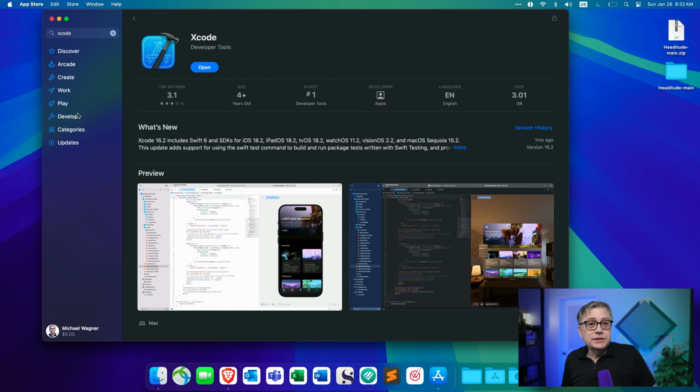I hadn't discovered Headitude earlier because it cannot be downloaded in binary form. It requires that you compile it yourself, but don't worry, compilation is extremely straightforward and I'll guide you through each step. Since Headitude is a Swift application, we first need Apple's Xcode development environment. So the first thing that you need to do is to download and install Xcode from the Apple App Store. Note that this is a large download, but it is completely free. And actually everything that we're going to do today is completely free.